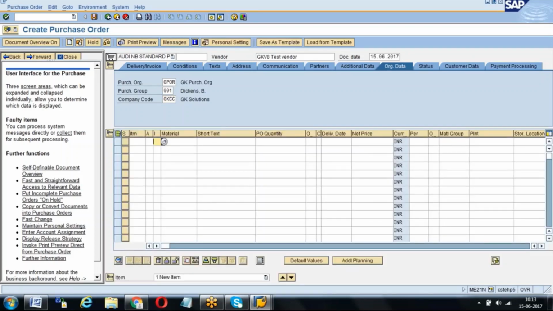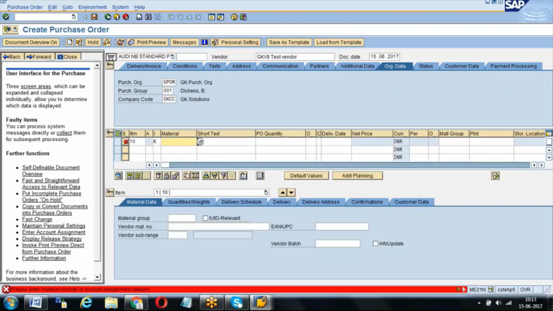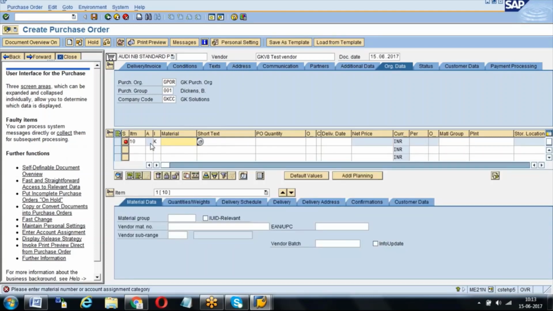Okay, I have selected item category K. See, account assignment category has become display mode. You cannot give it also.